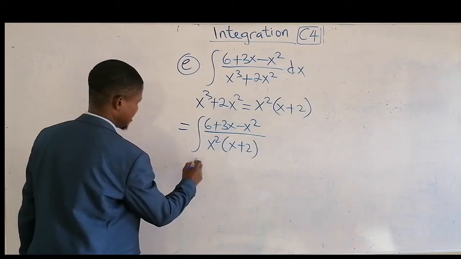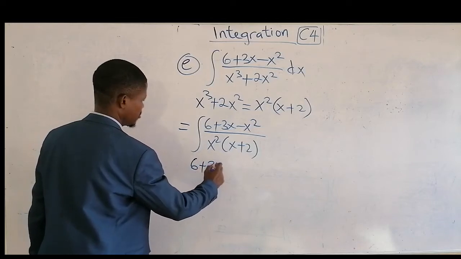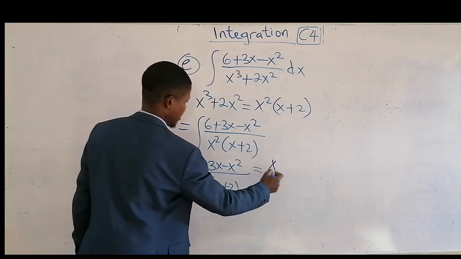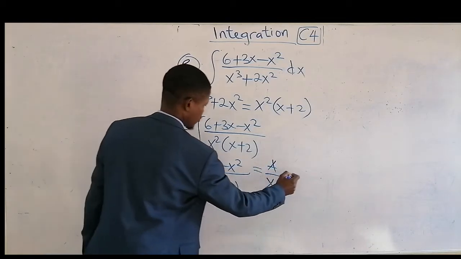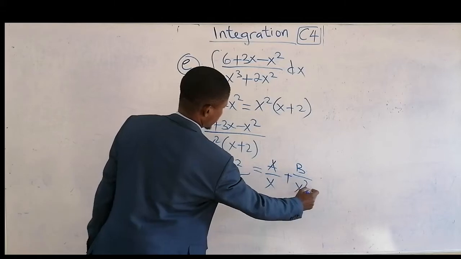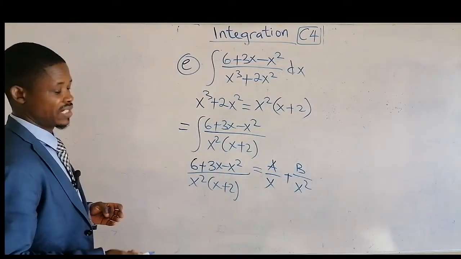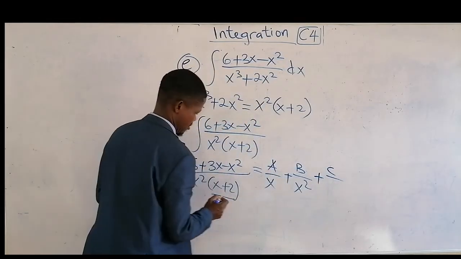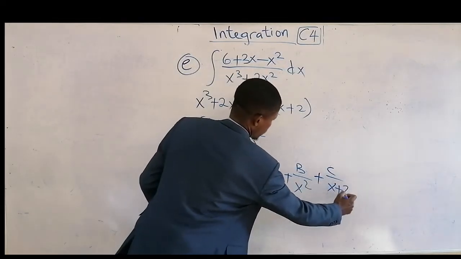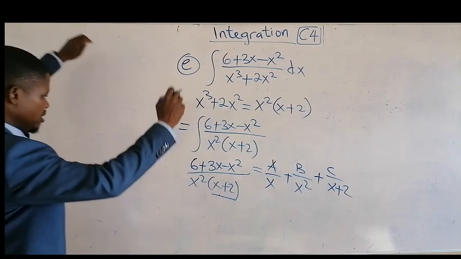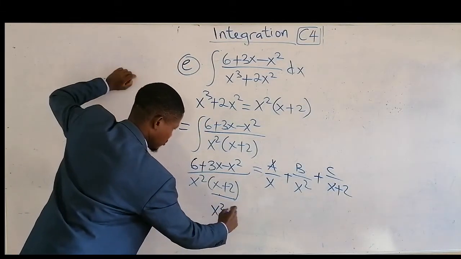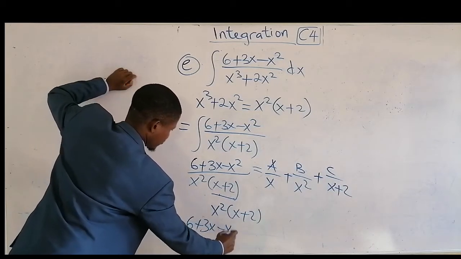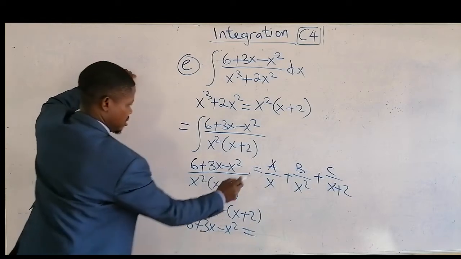We can take this expression out of the integration, and this x squared is a repeated linear factor, so that will be a over this, then plus b over x squared. That's how to solve a repeated linear factor. Then plus c over the third, this over x plus 2. Okay? Then you can multiply through by what? By this common factor. And that will give you 6 plus 3x minus x squared equal to this one times the common factor,